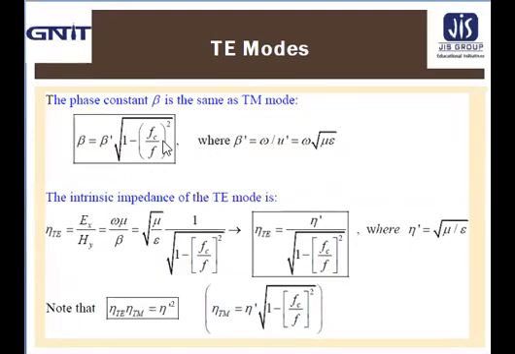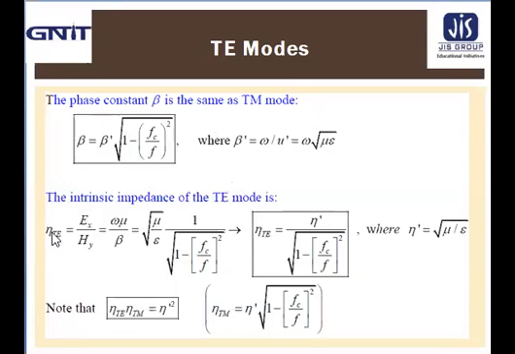The phase constant beta of the TE mode is the same as the TM mode, that is beta equal to beta prime root over 1 minus fc by f whole square, where beta prime equal to omega by u prime, that is equal to omega root over mu epsilon,